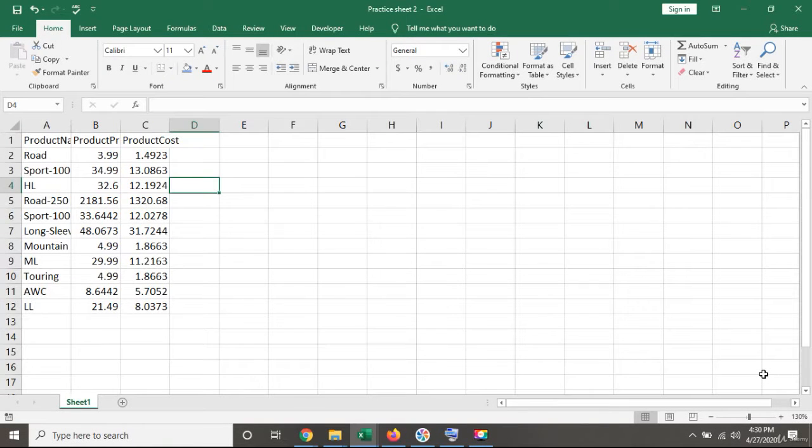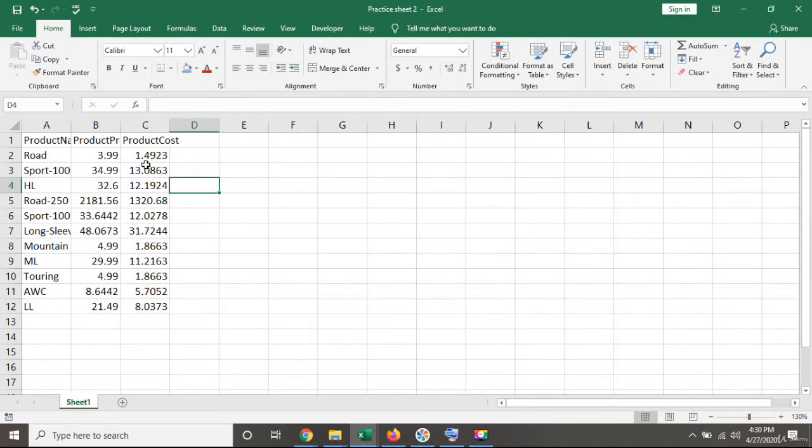Okay, so in this lecture we are not going to learn anything new, rather we are going to practice what we have already learned. You will see that this is an Excel file in front of me. There is some data, but the data is quite haphazard. We need to bring it into proper shape, do some analysis on this and do some formatting to make it decent looking data.